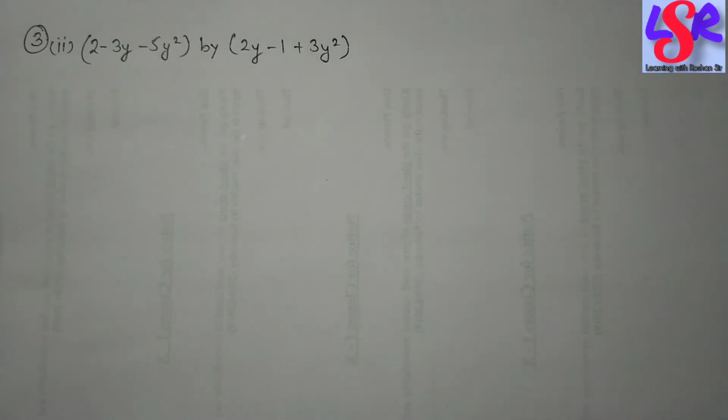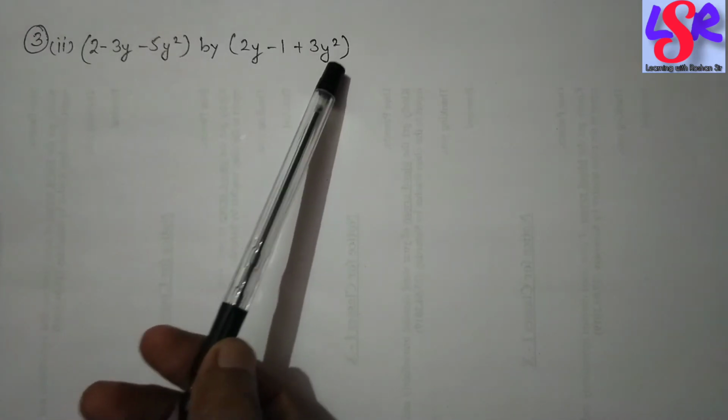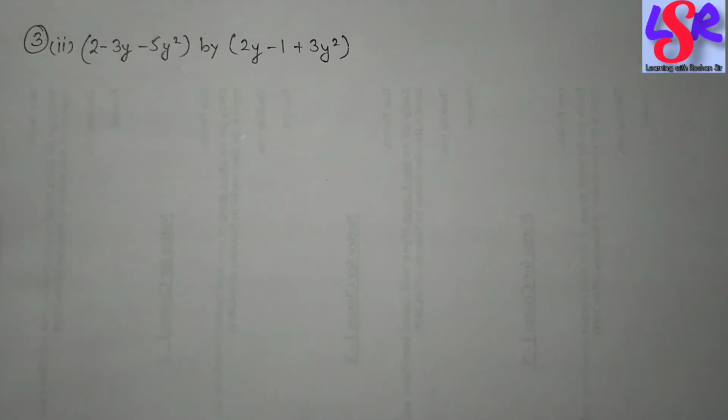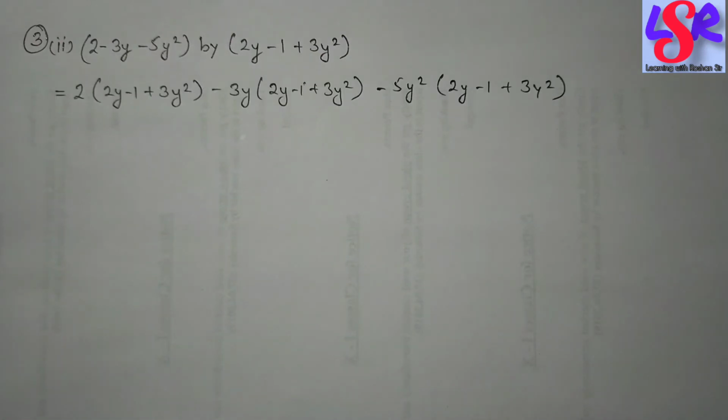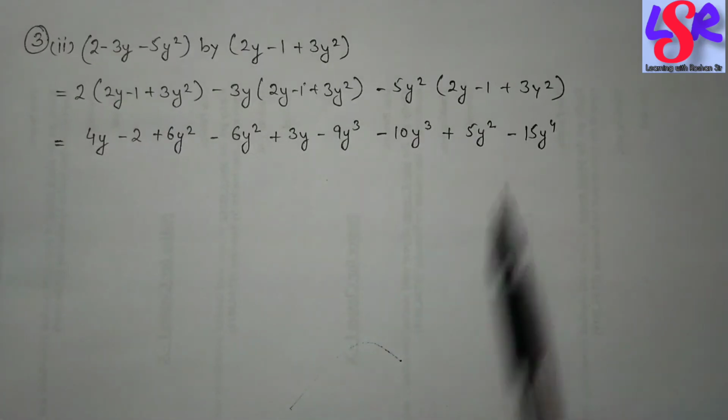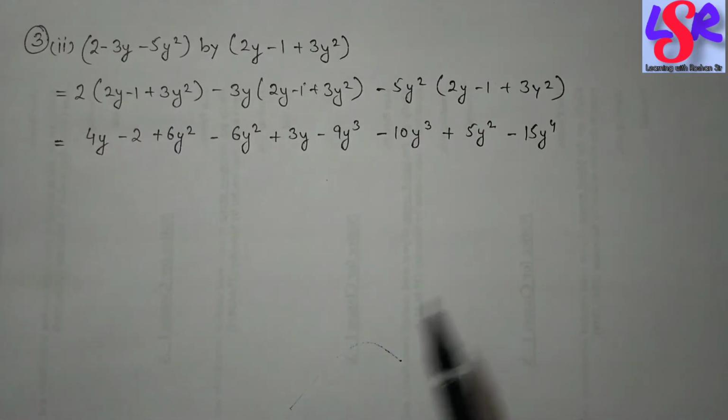Here in this question we have to multiply a trinomial by a trinomial, and again we are going to follow the similar steps. We are going to take one term from here, multiply by all, then the second term multiply by all, and then the third term multiply by all. And here we have got this. Then we are going to open all of the brackets, and on expanding all of the brackets we have got this expression. Then we'll go for the like terms, and all the like terms will be solved.